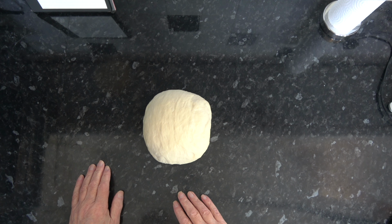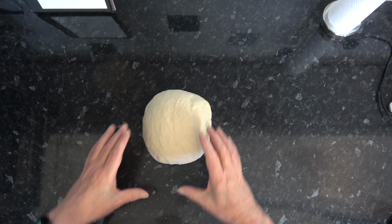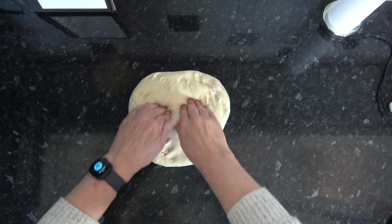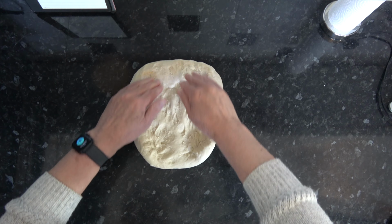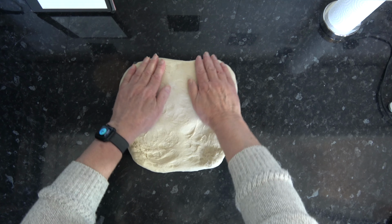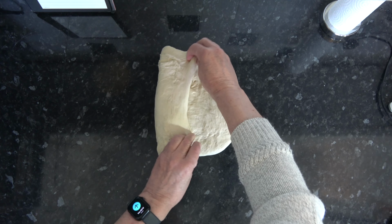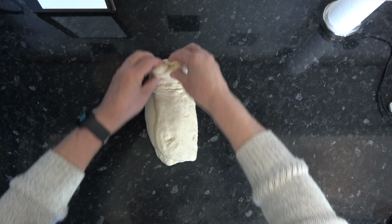And I left my dough for an hour, and it doubled in size, and I've tipped it out onto my counter. And now I'm going to form that into an oval shape, which is the shape of a bloomer. And to do that, I'm going to press it down into a rectangle like that, and I'm going to fold it over and press it down again, and then I'm going to roll it up,